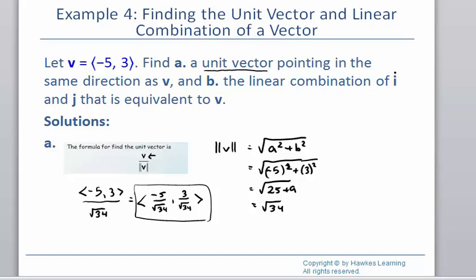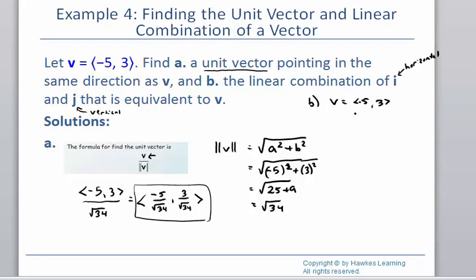The i is a measure of the horizontal distance, and the j is going to be your vertical. So if they want us to take vector V and write it in i and j form,